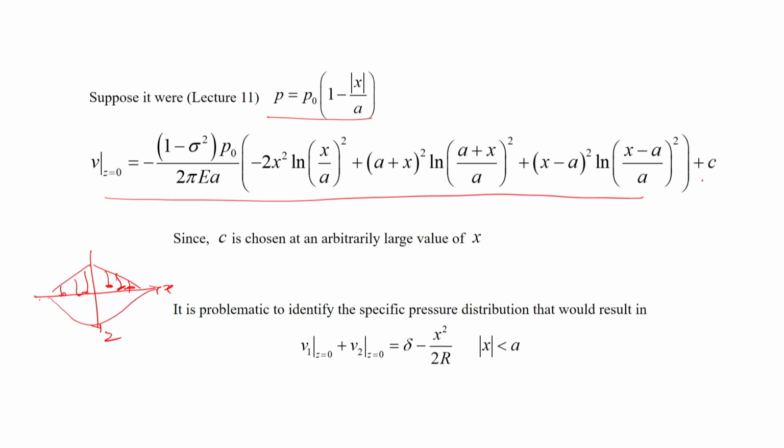But then there is an elastic constant, the integration constant, that needs to be determined, and at that time I had also said that this c has to be chosen by considering that this v will be 0 at a very large value of x. Okay. So, therefore, in the 2D geometry this particular problem is there, that we cannot use the results that we